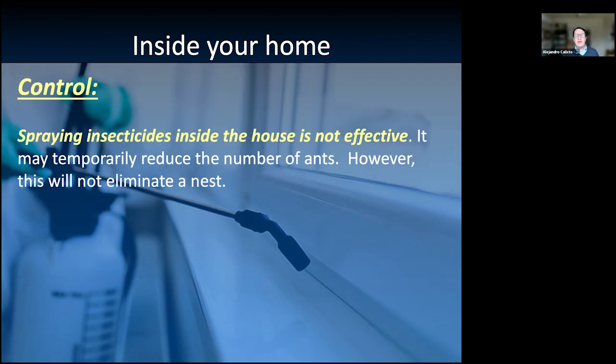Again, when you're inside, of course, spraying insecticides is an option. We don't recommend using a spray or contact insecticides inside your house. I tell people to avoid using those products because you are in an enclosed environment. You're spraying a chemical. You have children. You have pets. And then you have to read the label. You have to wear gloves. So it gets more tricky. If you focus on prevention and follow the tips that we're providing here today, you might be able to reduce the incidence of those ants inside your house, or basically eliminate the problem as well.